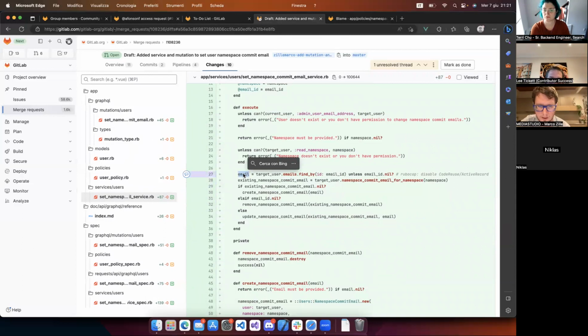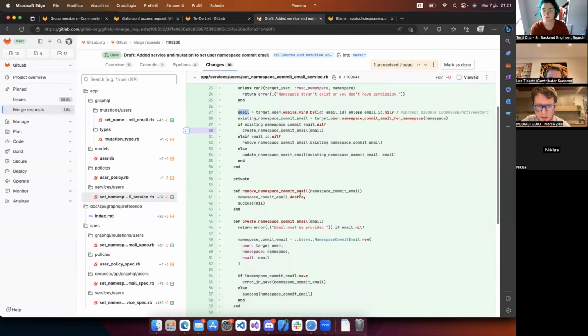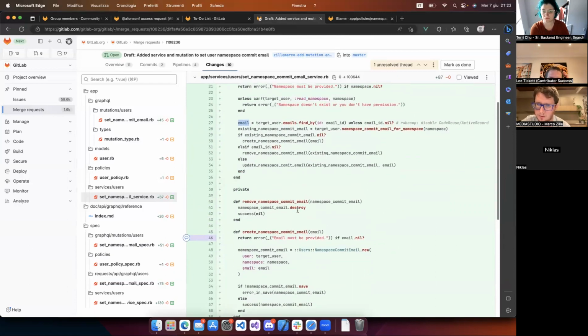Because if the email is nil, on this create namespace comment email, the create one will fail if the email doesn't exist. So if you can't find that email,